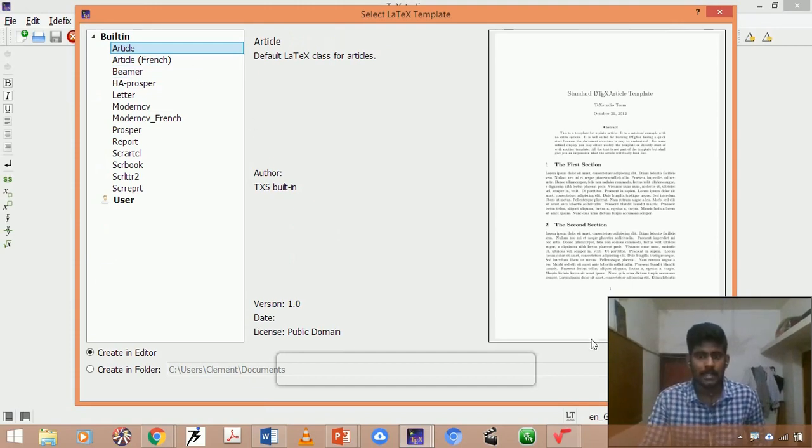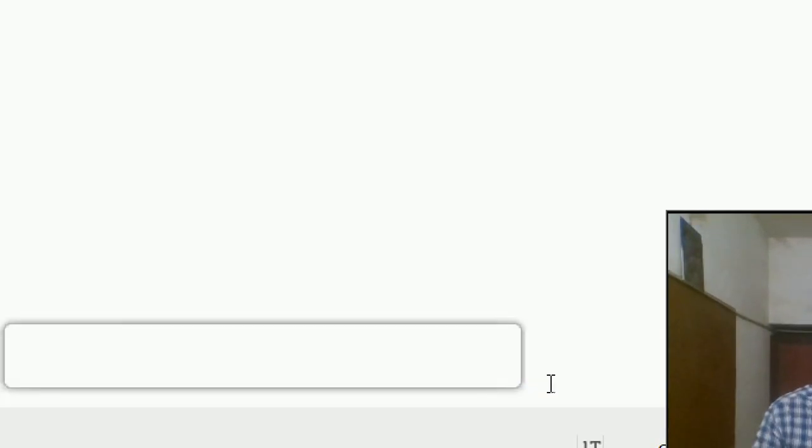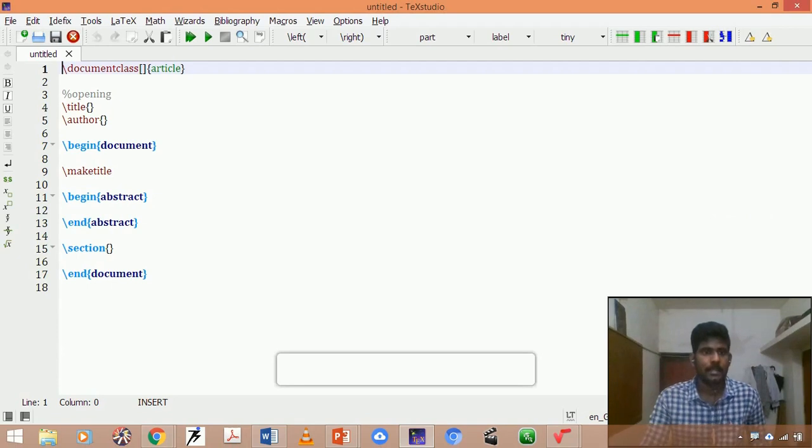After this I simply press OK. After this it is saved as LaTeX code, so it is not needed to memorize the codes. It is fed in as the template.